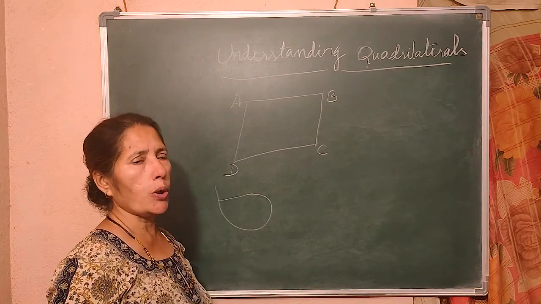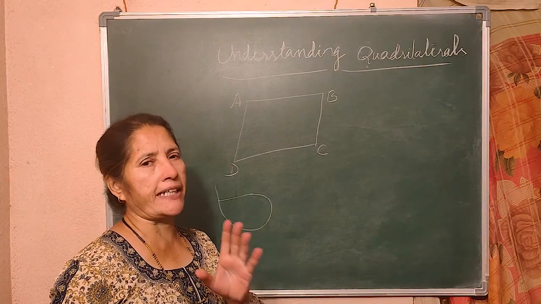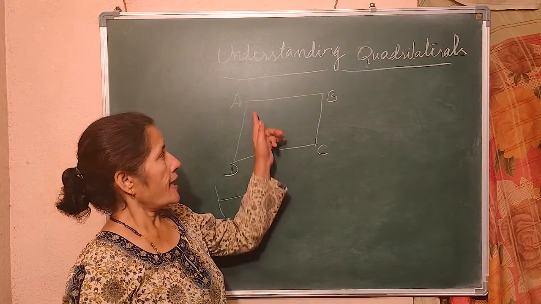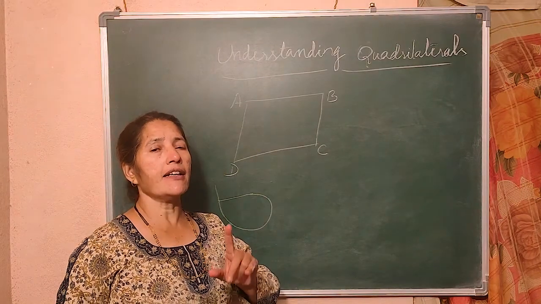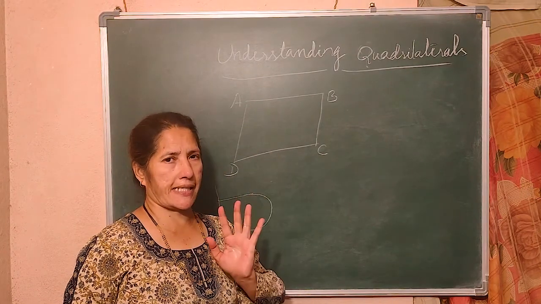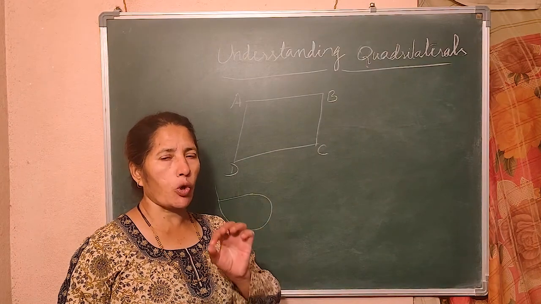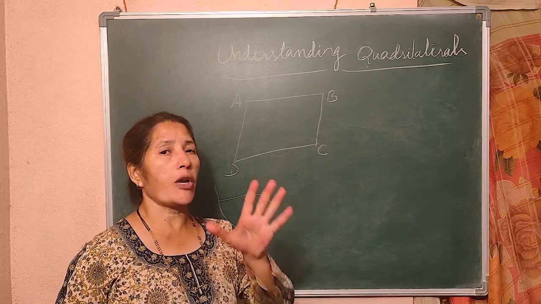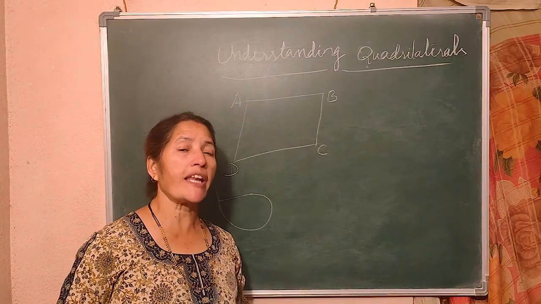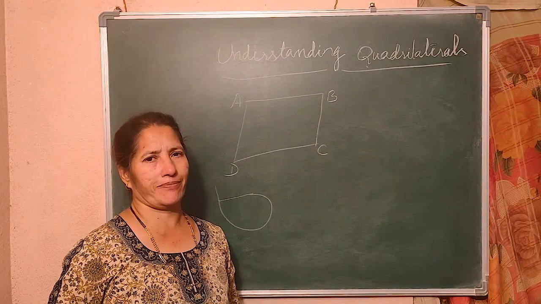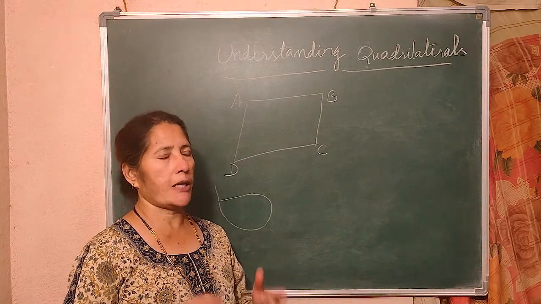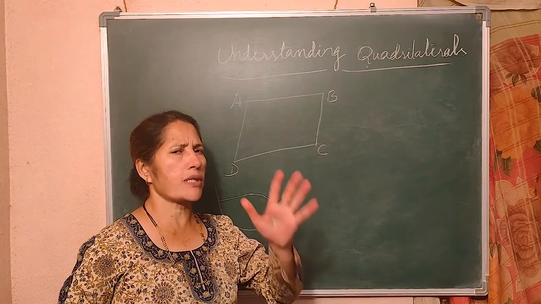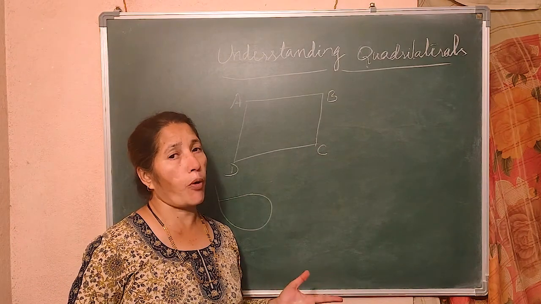Any polygon, and we name it as a polygon, having three or more sides. A closed figure having three or more sides is called a polygon. What is the meaning of poly? Poly means many. So it has got four sides. If it has got three or more sides, then it is called a polygon.